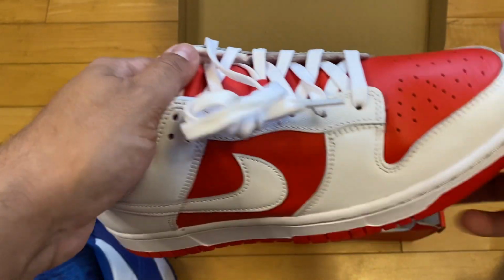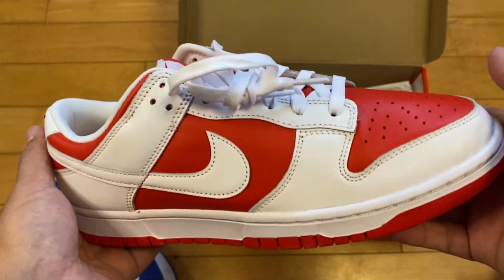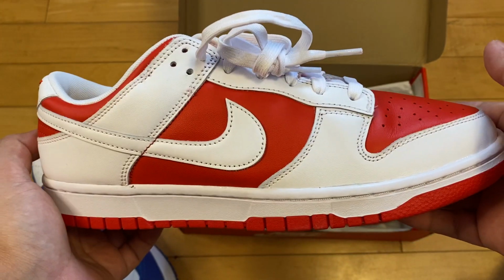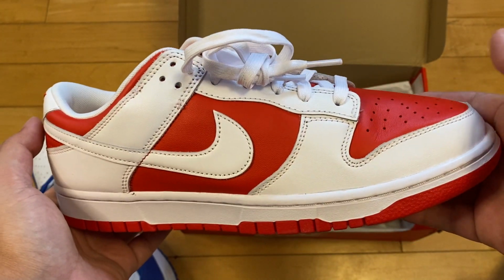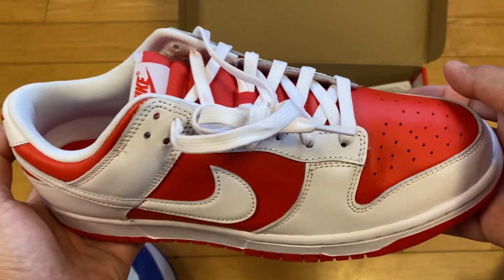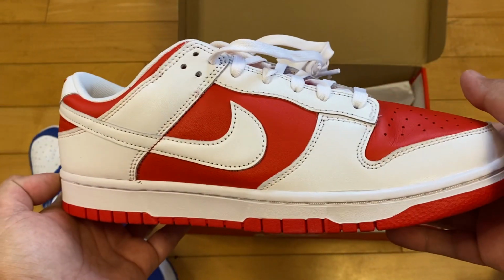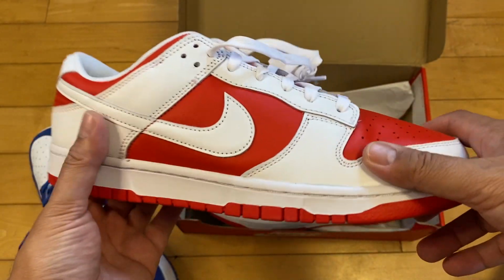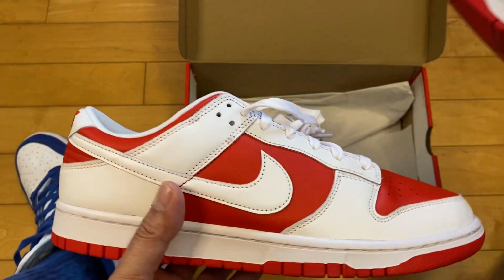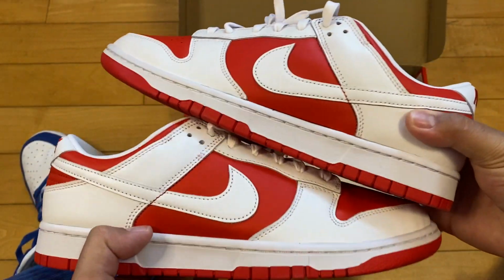In my size, you're gonna have to... I paid, what did I pay? All in, I paid Brick Cells $190 for these, which was good because on StockX I would have to pay that, but then plus shipping and taxes and fees, so it would have come out to more expensive. So the bigger sizes for these are a little bit more pricey, but if you're a lower men's size foot, pretty good. The retail price on these is $160, $150, $170 plus all the taxes and fees and stuff. So